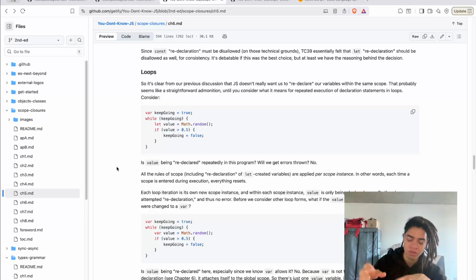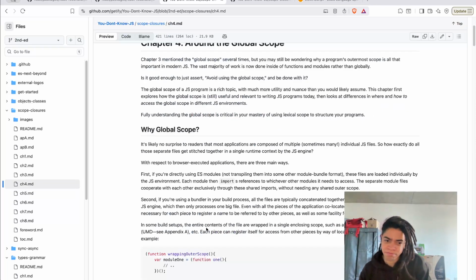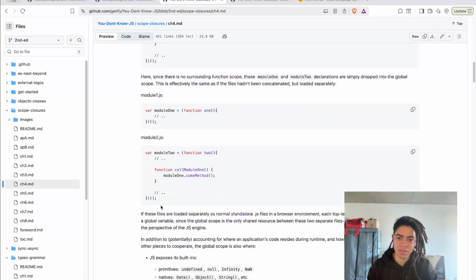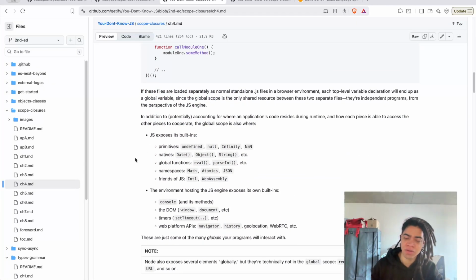Because the global scope exposes certain intrinsic values or methods that we can use, I would like to make a quick recap of that. For example, here it exposes the JavaScript primitives, and the JavaScript built-ins.